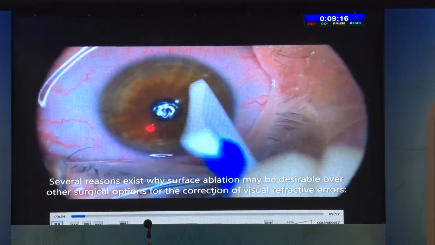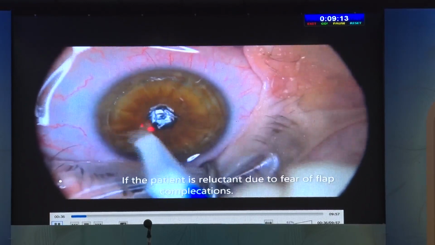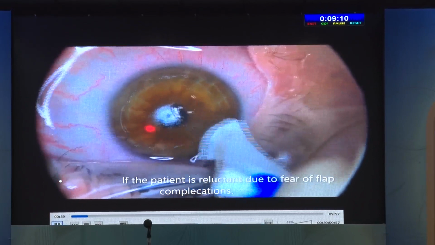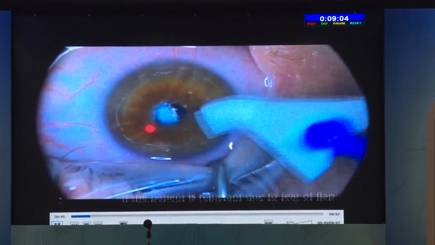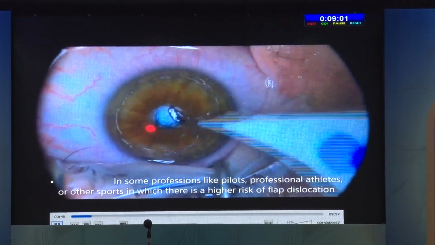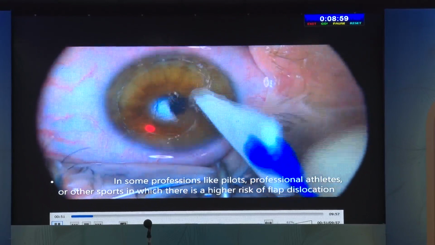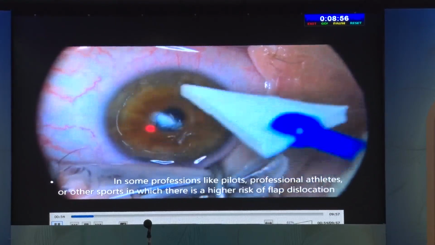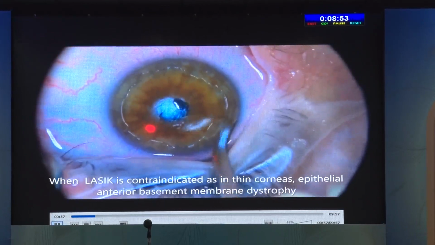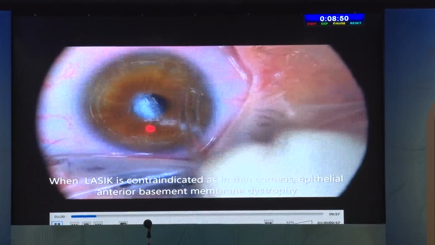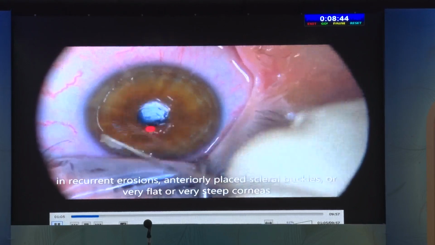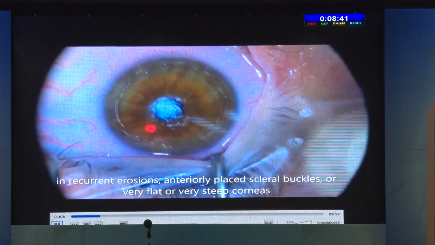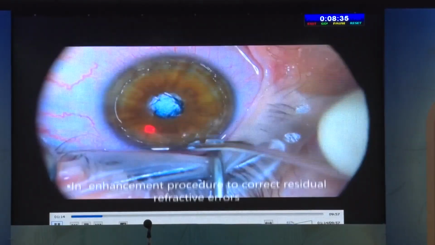There are various reasons why PRK is preferred. First and foremost is when the surgeon is not very comfortable about landing up in flap complications, he does prefer PRK. Sometimes patients also want it, by Googling, that PRK does not have flap related issues. Second is professions where there is a likelihood of flap dislocation, in professional sportsmen and boxers, so they would prefer to have PRK done. It is also used when LASIK is contraindicated, in corneal surface disorders or thin corneas. And most importantly now, for retreatments, PRK is the option.